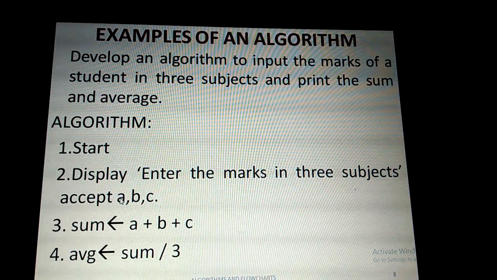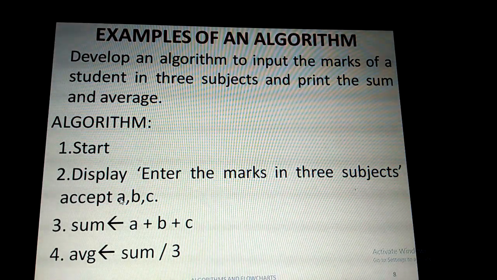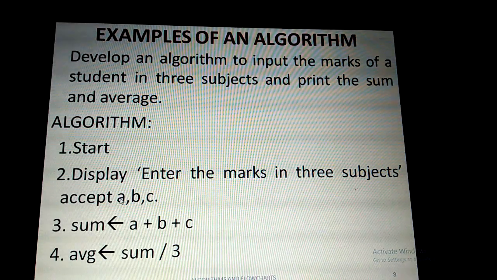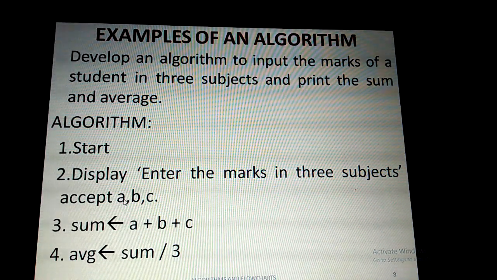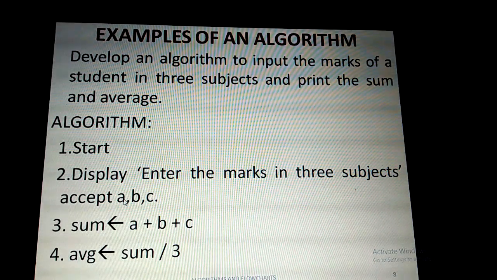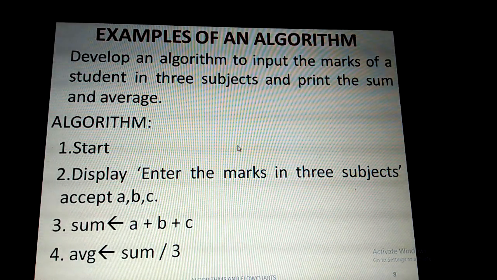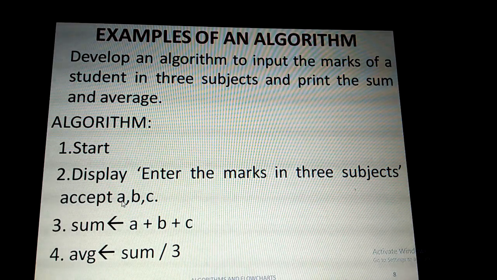There is a difference between constant and variable. Constant means whatever value once we have assigned, that we cannot change it. So that is only known as constant. But here A is variable, so we can take any value for a given A and B and C. So enter the marks for 3 subjects. That is going to be taken with the help of the 3 variables namely A, B and C.